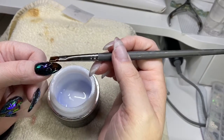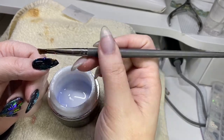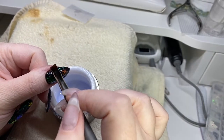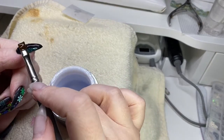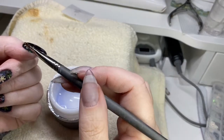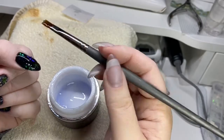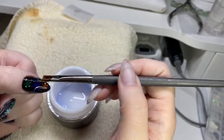So I go in with a slip layer, and then I kind of pile it all in the center and let it float down. I even up the sides, try and make sure that those are all covered nicely, and once I get that all tidied up, I do flip the nail to try and make sure that I'm not getting a chubby nail. Trying to make sure all the product is in the center and everywhere it needs to be to encapsulate